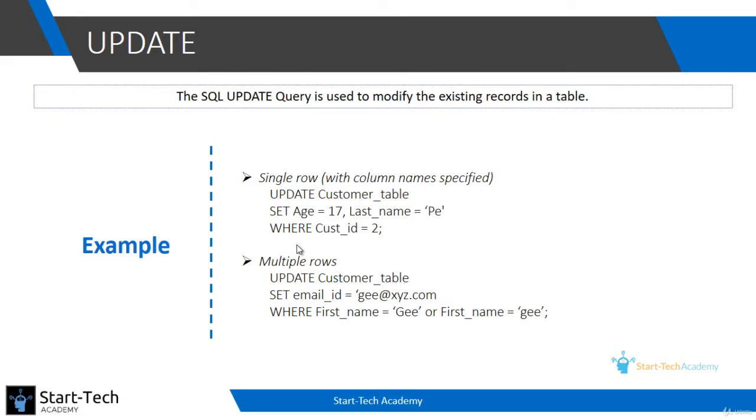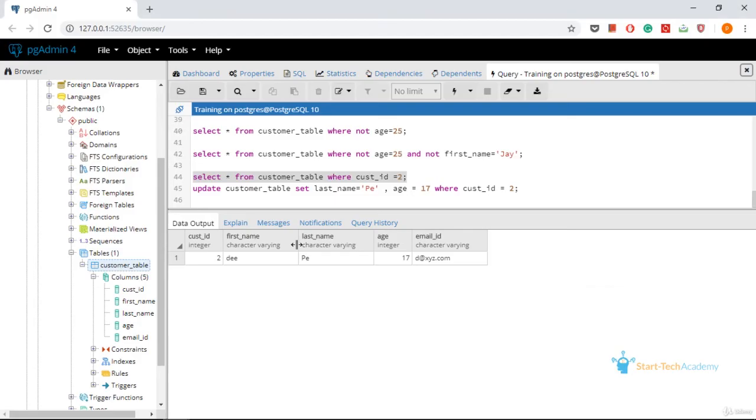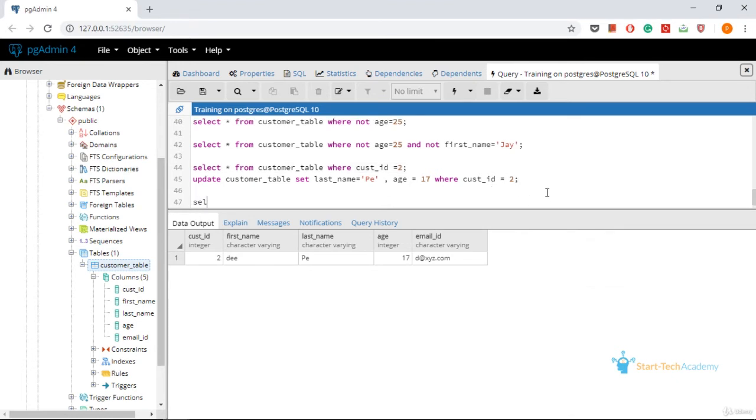Now if you want to update email IDs of customers whose first name is G or small case g, you can see in our table, if you search customers with name G, let us get all the customer names from the customer table.